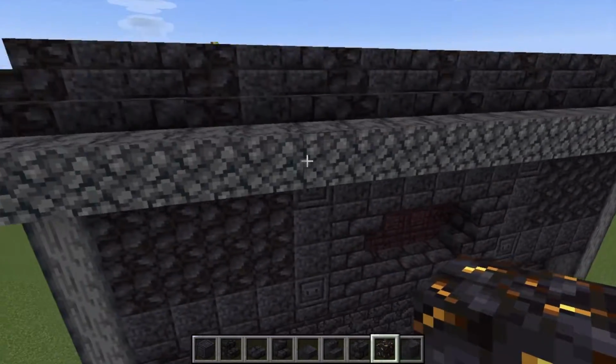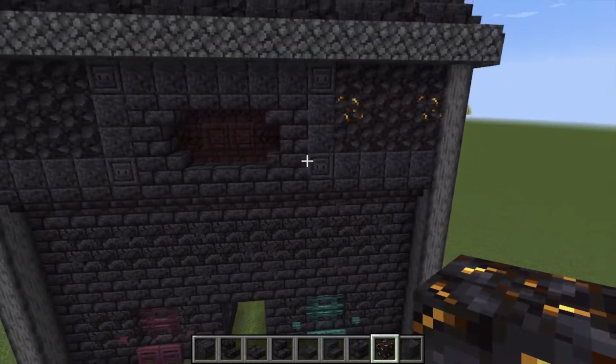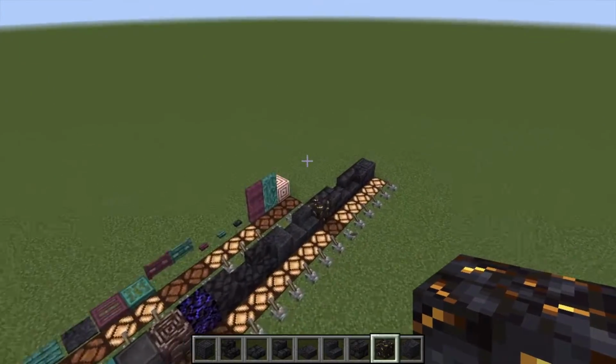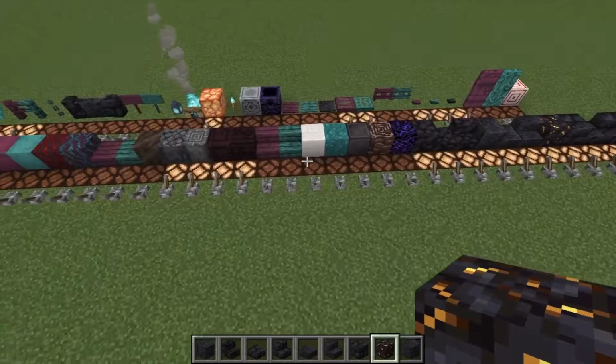To be honest, I have no idea what I want to do with this one. Actually, I can use it like this. This looks good. Okay. We now have all of the blackstone components done,